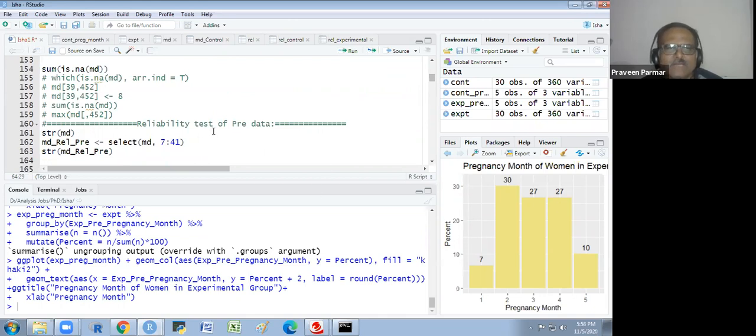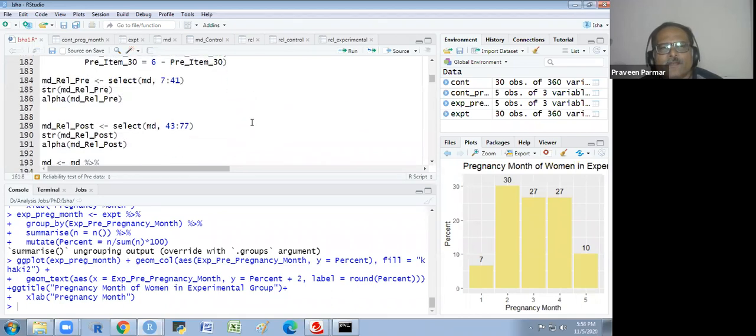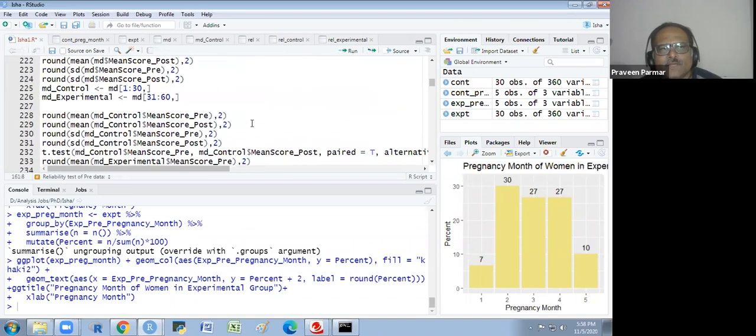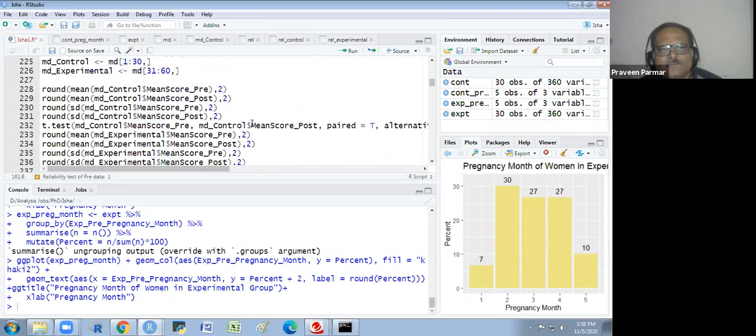This we have covered, and later on we will cover the inferential analysis part. In this second workshop, we have the inferential analysis also. That is the third chapter, where we'll see how to take the reliability test of the data, and then we perform some tests over there.